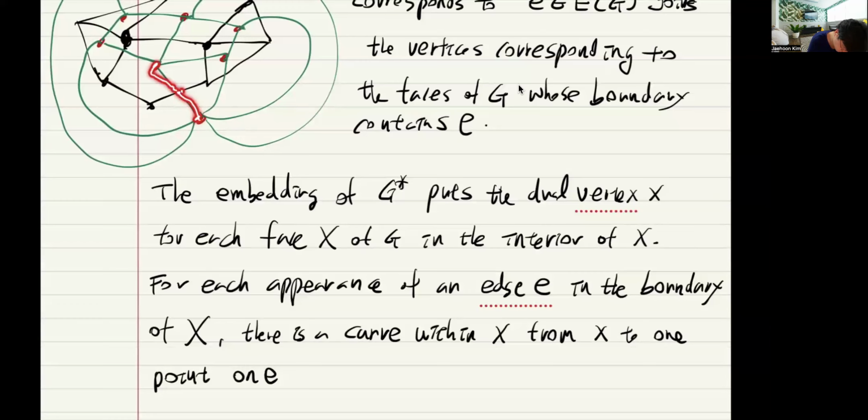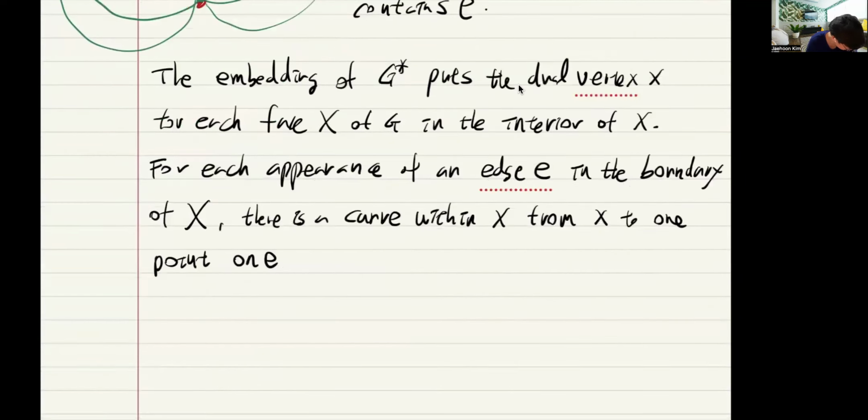From here you draw to the same point so that you connect. Then that's the next one. One point on E,